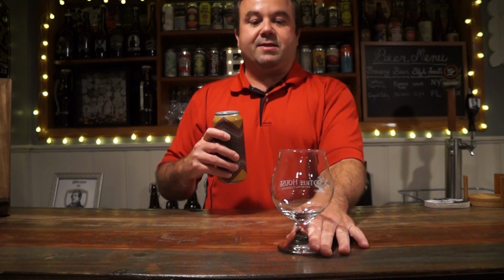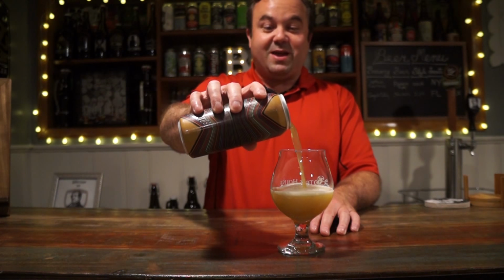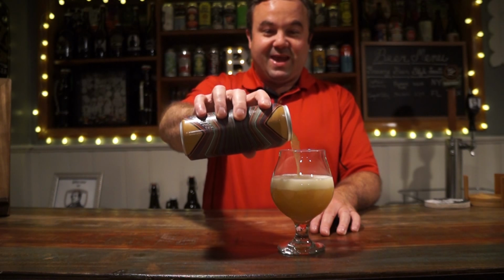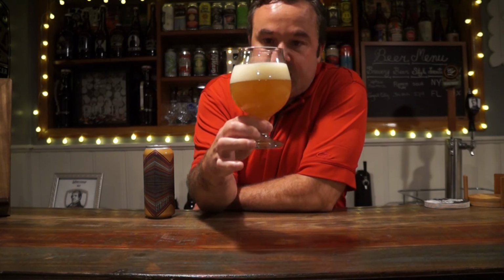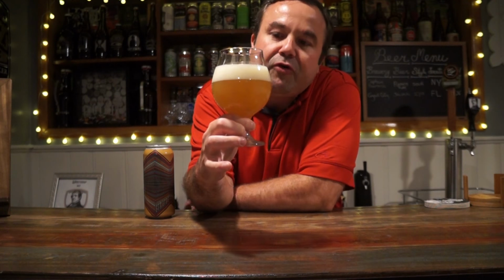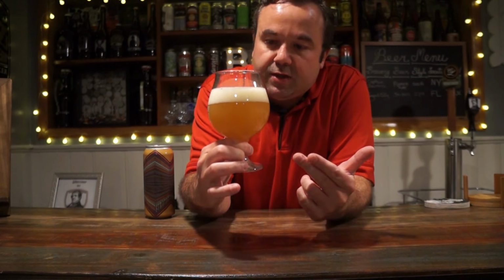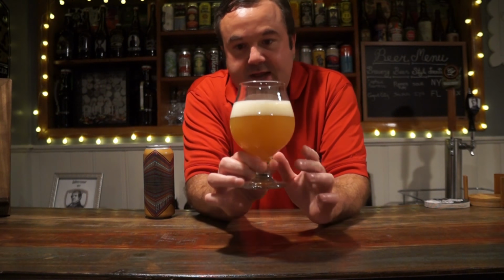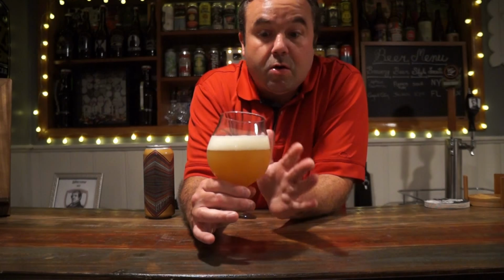So let's go ahead and get that glass right there, and woo! Yeah, that's full on haze, baby. Look at that. Haze for days. All right, let's take a look at the appearance of this beer. As I poured it out, absolutely full-on haze, New England style. It is completely opaque, cannot see through it whatsoever. Got a really gorgeous orange hue to it,